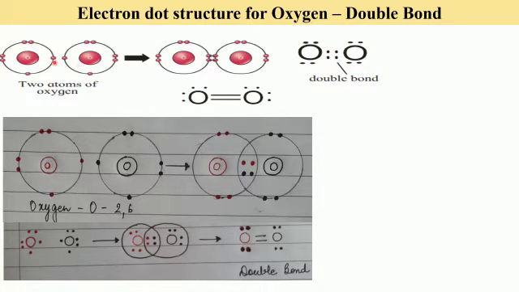If only one pair of electrons is shared, then the total number of electrons with each atom will become just 7. But if two pairs of electrons are shared, then each atom will get 8 electrons and they will be able to establish octet. So here each atom of oxygen has shared 2 electrons each. So 2 electrons from this atom and 2 electrons from this atom are both shared here, and in all you can see 2 pairs or 4 electrons.